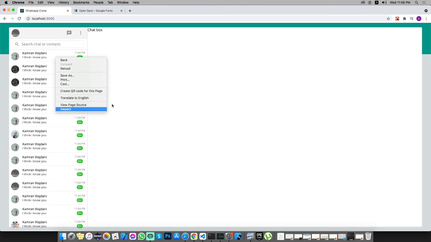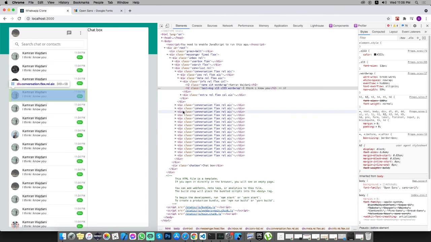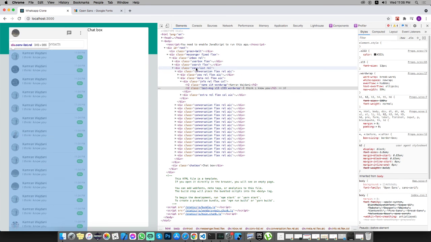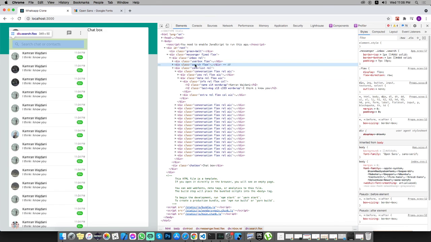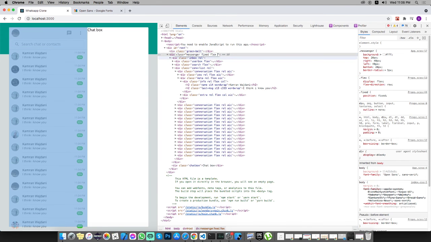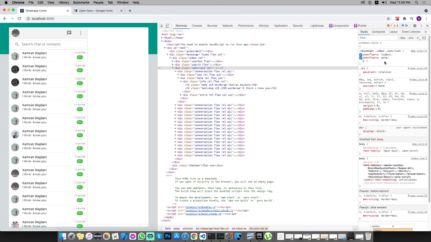But we need to define the boundary for the conv list search, and we need to add flex call, and for the conv list let's add flex 1,